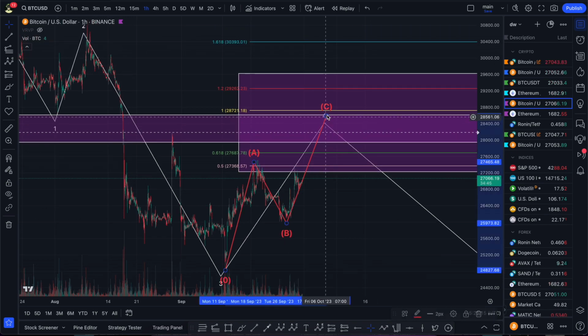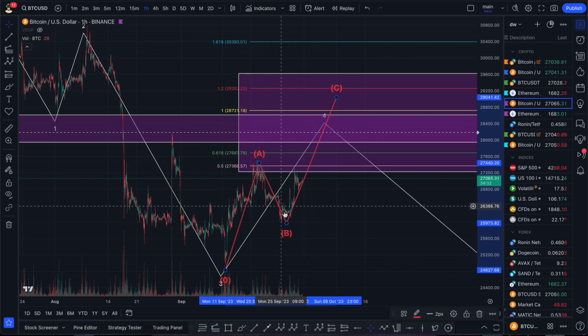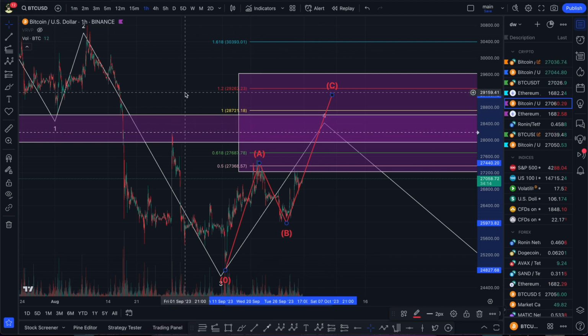This is where we are expecting it, if this was a right correction, the usual ABC correction, which really seldom happens on Bitcoin. To be honest, I don't like this ABC correction over here, but still we are seeing such a picture. The minimum target is 1.2. Wave C most likely comes to 1.2 as the minimum level, and this is where we are expecting some kind of reversal.